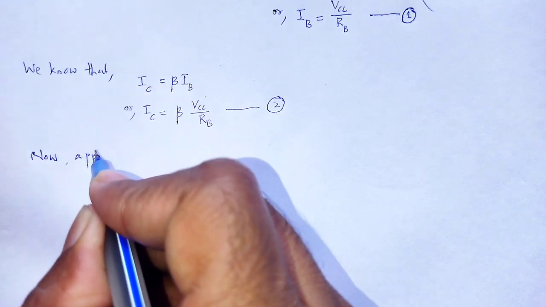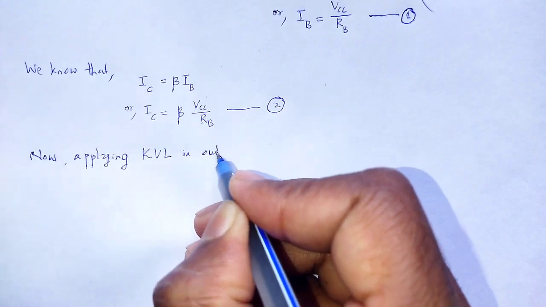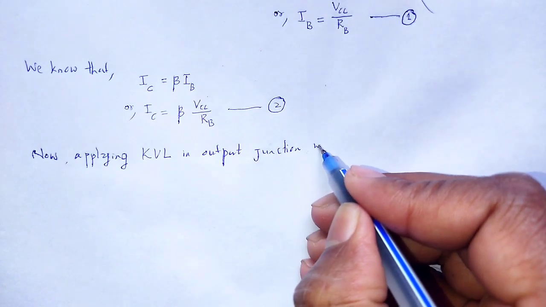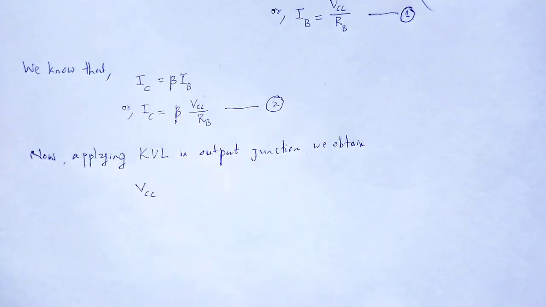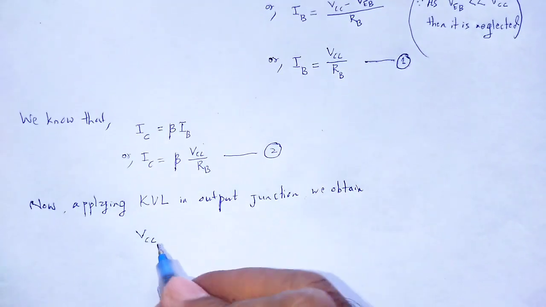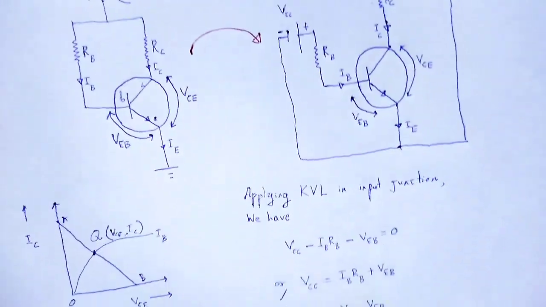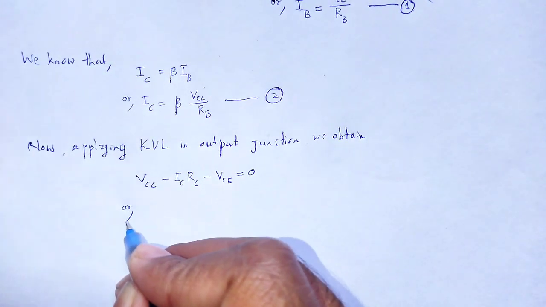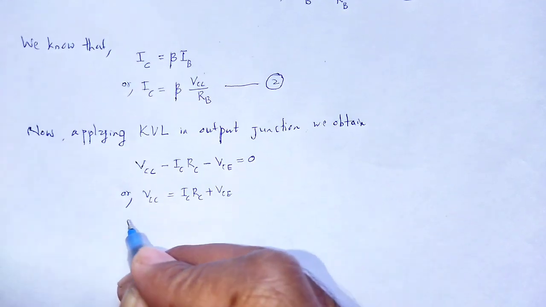Applying Kirchhoff's voltage law in the output junction, we obtain VCC minus the potential drop ICRC minus VCE is equal to 0, or VCC is equal to ICRC plus VCE,